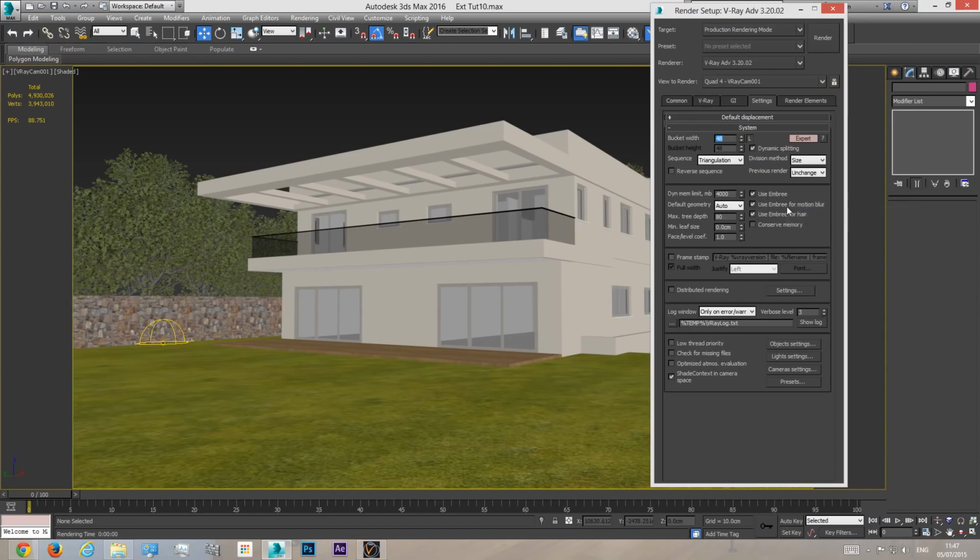So I'm going to use VrayDome, but I'm not going to use it for motion blur because we don't need motion blur here. It's for animations. And hair, we don't need to use this too because we don't have hair in our scene. So only use VrayDome. Now this dynamic memory limit is the limit of memory that will be assigned to things